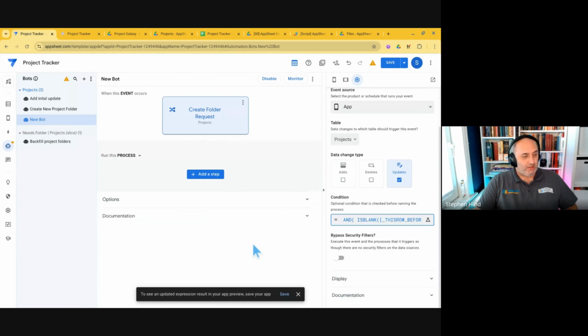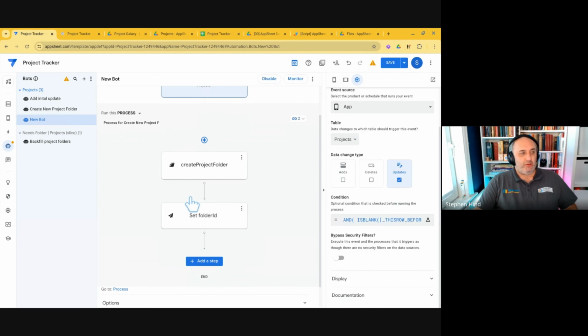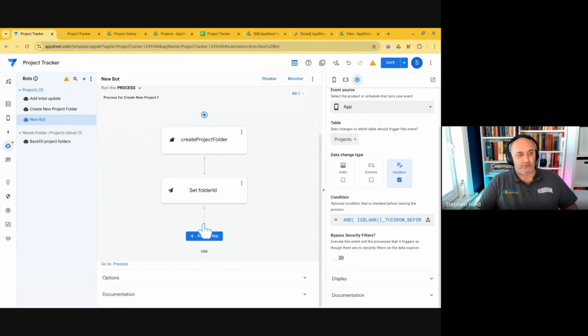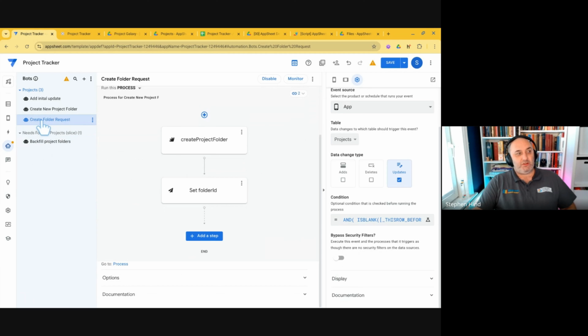So once that bot gets triggered, now we can reuse the process that we had before, because it's going to do the same thing. It's just going to make the folder for us. So we can say, reuse that process, and it's going to go and reuse that process for us. And then we can give the bot a sensible name. So we'll call it create the folder request. Now this bot we can run manually, and it will trigger the other bot to make those folders for us. So if we click save,